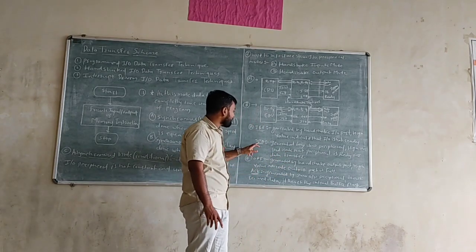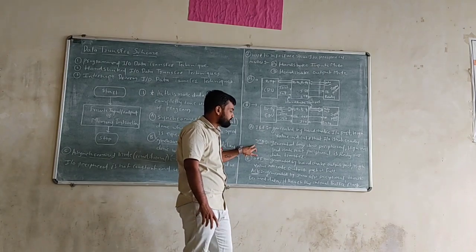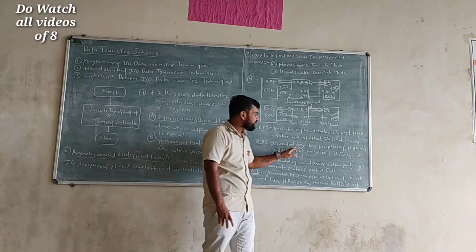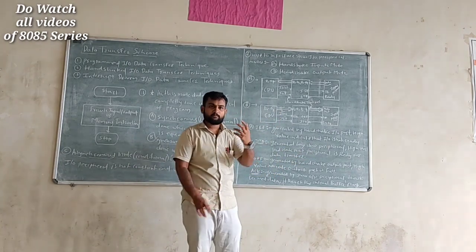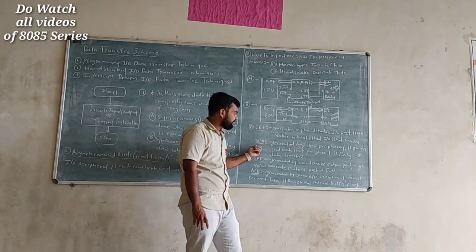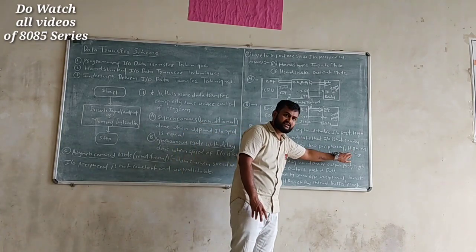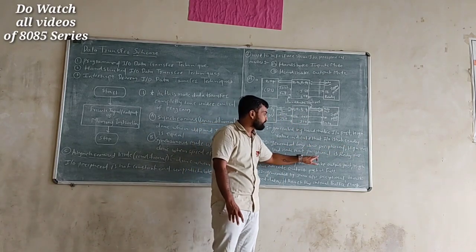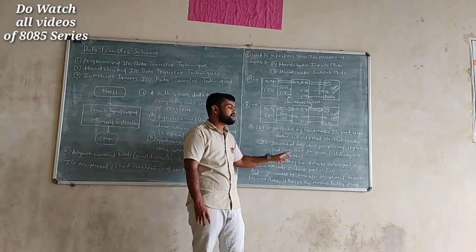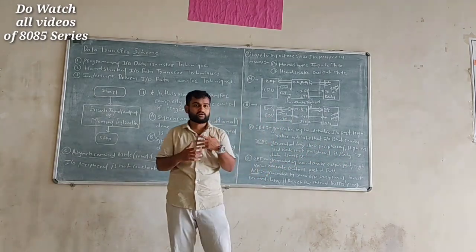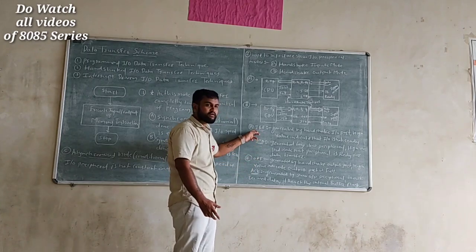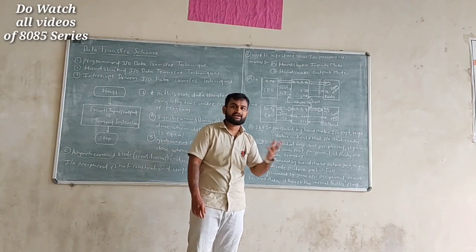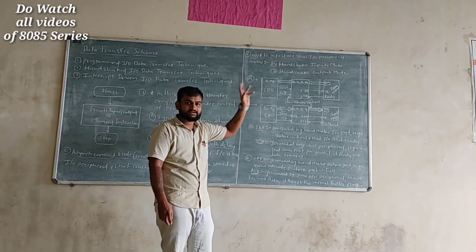Then we have STB. What is the meaning of STB, and why do we need it? This signal is generated by the slow peripheral. It is normally a high level signal. When it is high, it indicates that the peripheral is ready for data transfer. In IPF it is not ready, and in the STB signal it is ready for further data transfer. So this is our handshake input mode.